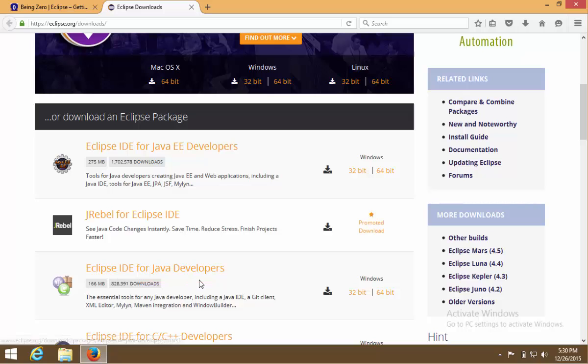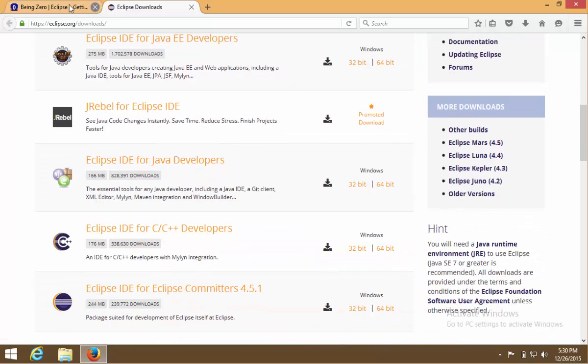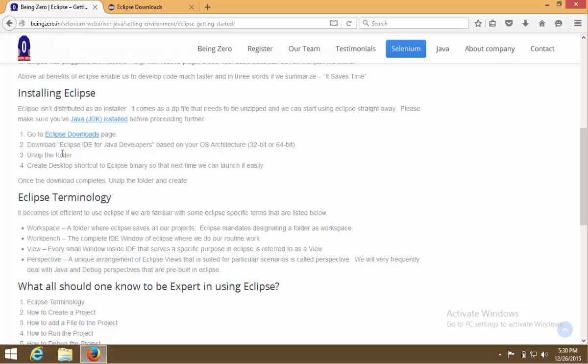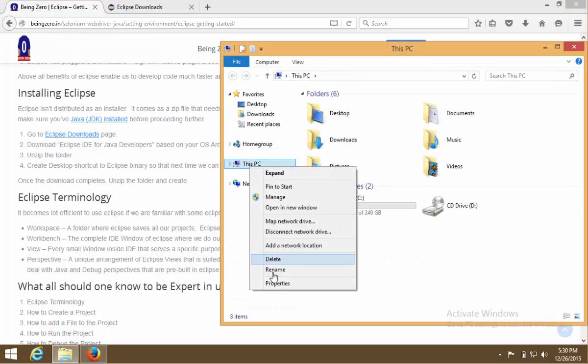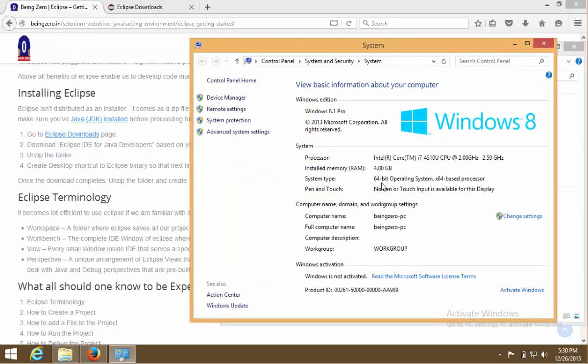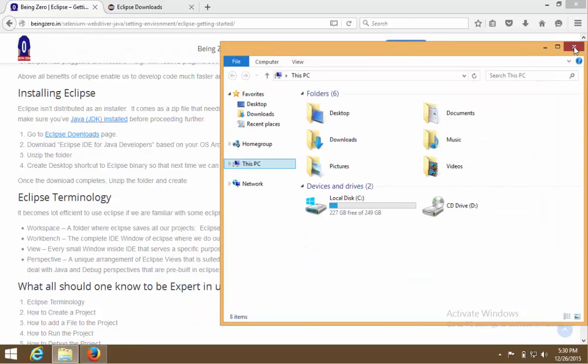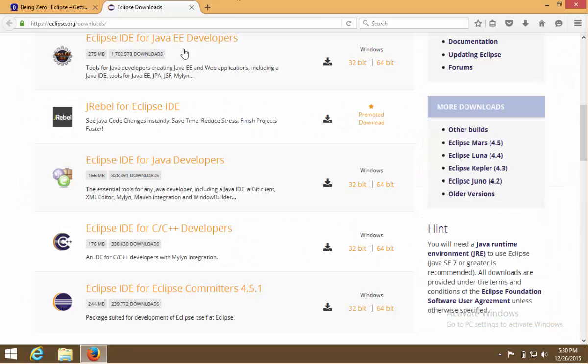developers, JRebel for Java developers, for C++. What we should be downloading is Eclipse IDE for Java developers, and we should select the flavor based on our OS architecture. It's 32-bit or 64-bit. If I go to this PC's properties, it tells me my operating system is 64-bit. So I'll go with the x64 or 64-bit version. So let's go here, Eclipse IDE for Java developers. We go with 64-bit,